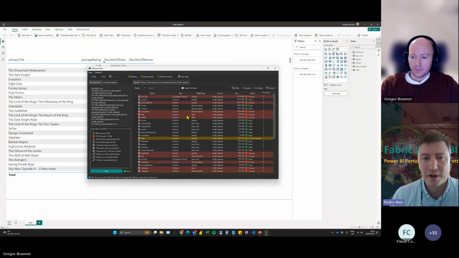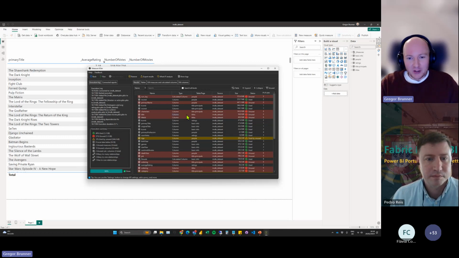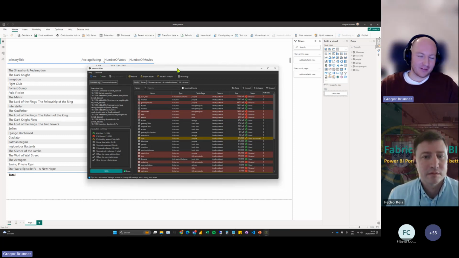Gregor, this means all the columns that are not used and their percentage of the size corresponding to the data model. That's it? Exactly. Yeah. And what are we checking? We're checking if it's used in a measure, in a relationship, but also if it's used in a visual, if it's used in a filter, if it's used in conditional formatting, in Power Query. Basically, the whole point of the tool is that we check everything, so that if it says it's unused, like here, you can remove it without anything breaking down. That's the whole point of the tool. I don't want to say it's perfect because we're always finding some really specific case that maybe we haven't covered yet, but generally that's how it works.